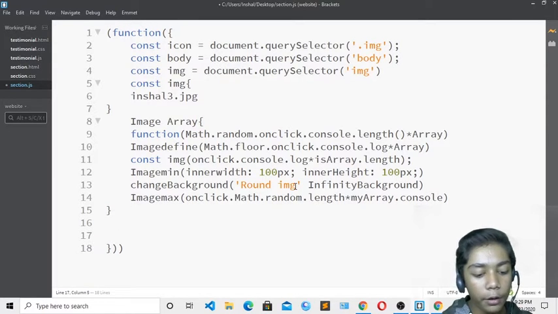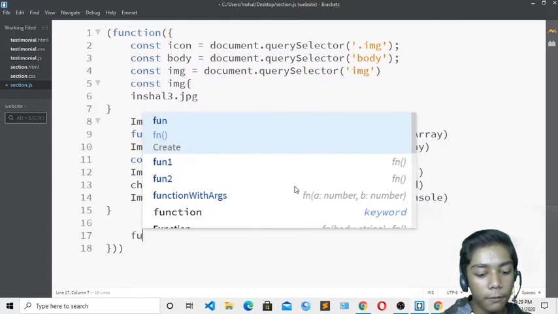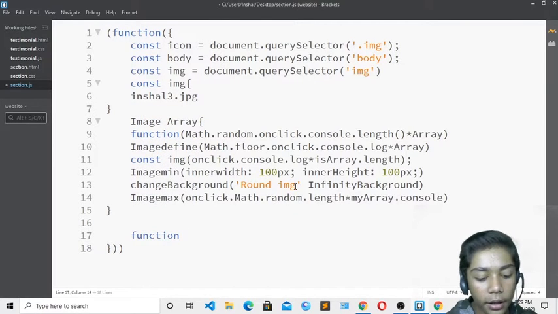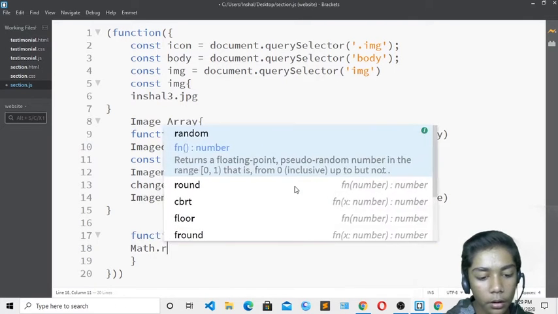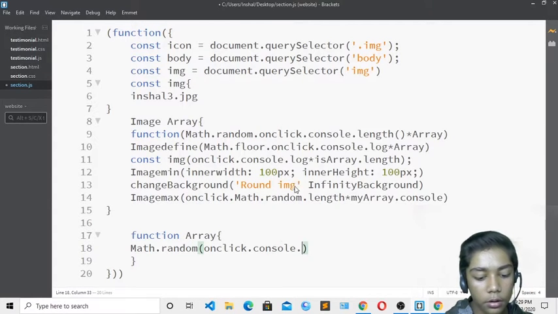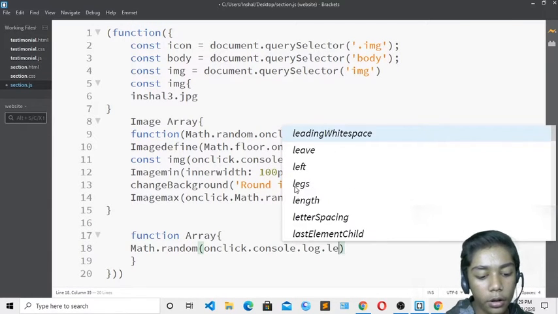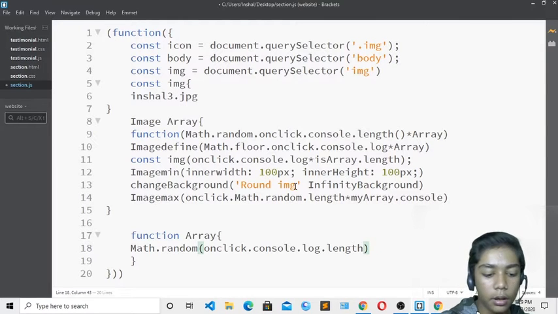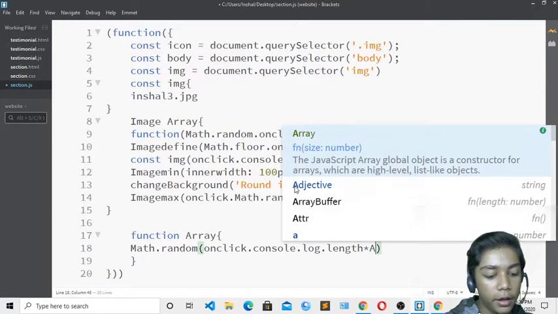Now over here you have to define function tag again. So spelling should be correct, function, and write over here function array should be math dot random, write over here on click dot console dot log, and write dot length, and write like that array.